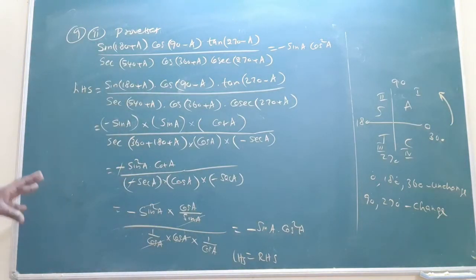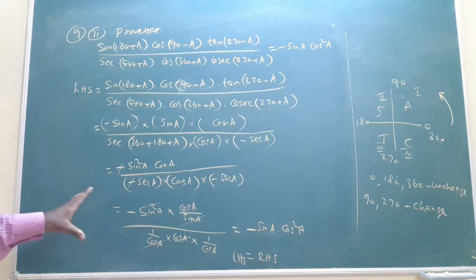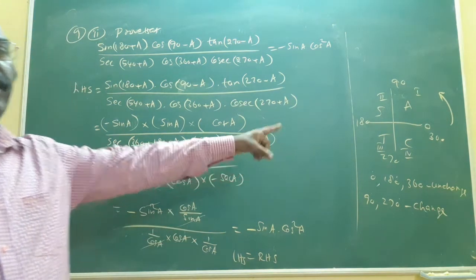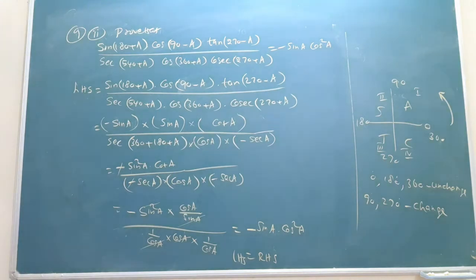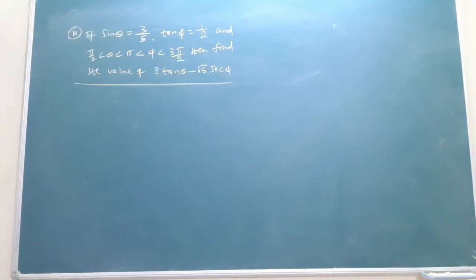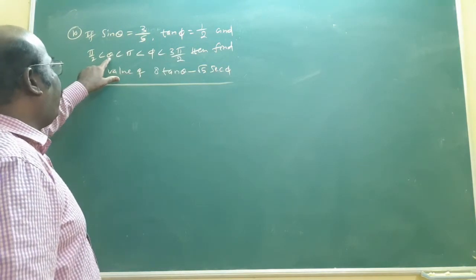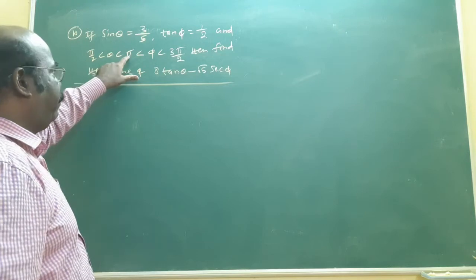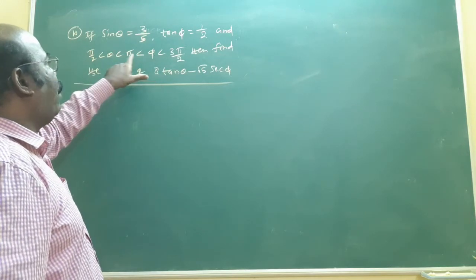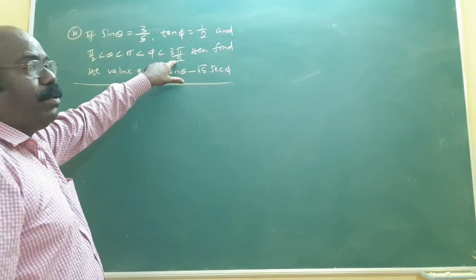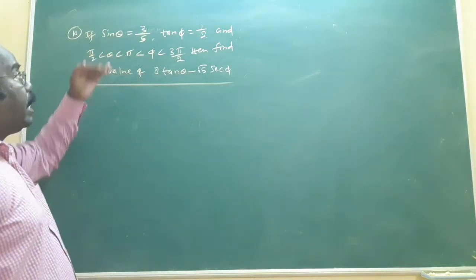This type of problem, maybe 5 more questions and 3 more questions, only by using this idea. You must follow that idea. That will be easy for you. In this exercise, the last problem, the 10th problem, sin theta is given, tan theta is asked. Theta lies between pi by 2 and pi. By using this condition only we get the answer.